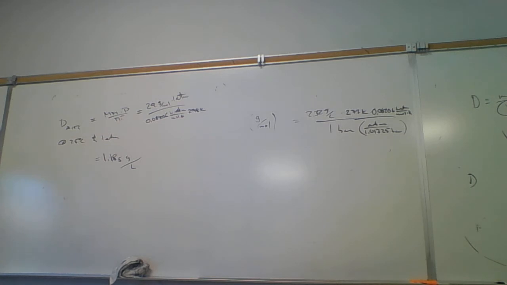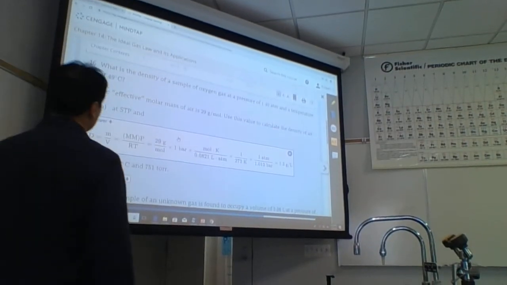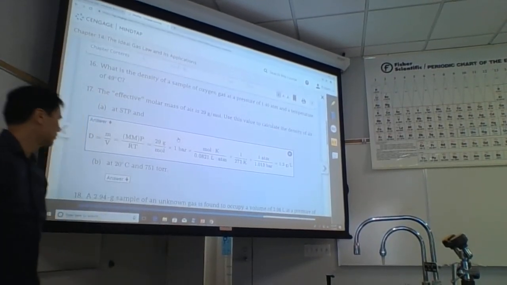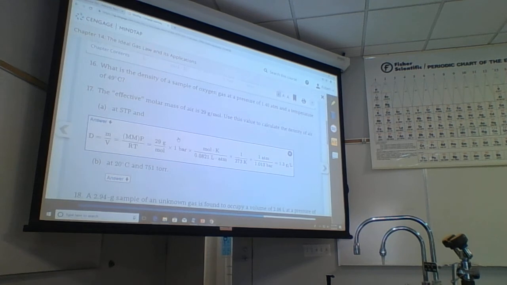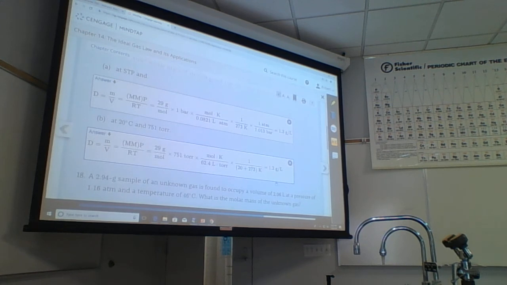So it's going to be a smaller volume. If it's a smaller volume, it's going to be more dense. But it's a lower pressure, but it's just a slightly lower pressure because atmospheres and bars are very close. So it's going to be slightly higher density, 1.3 grams per liter. At 20 degrees C and 751 torr, it's going to be somewhere in between. These two, because we're doing 25, it's